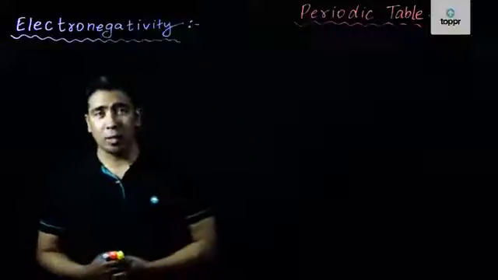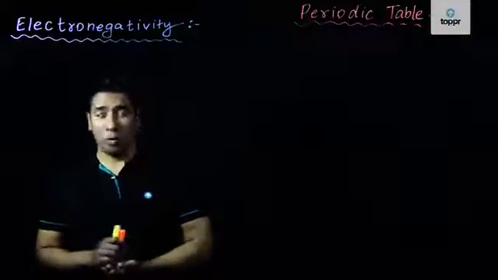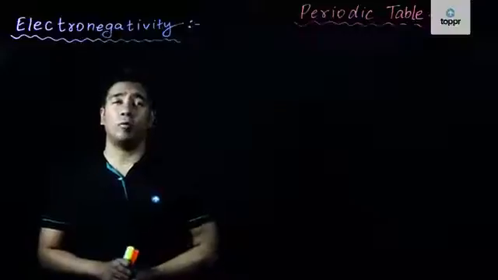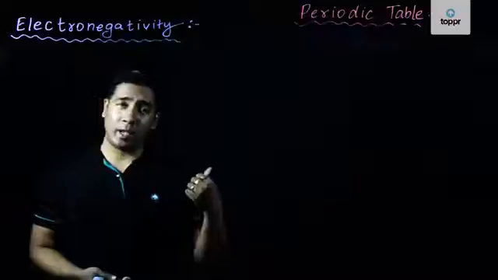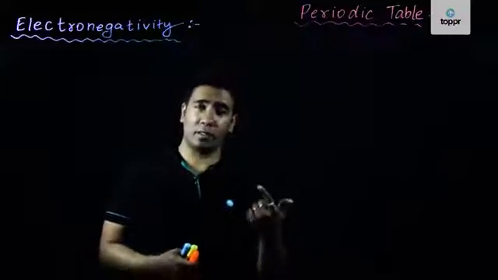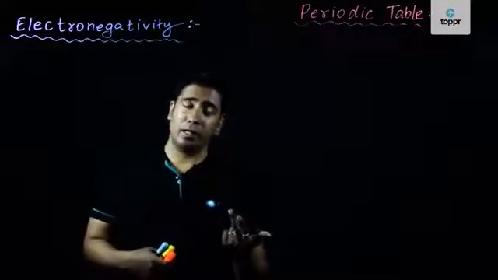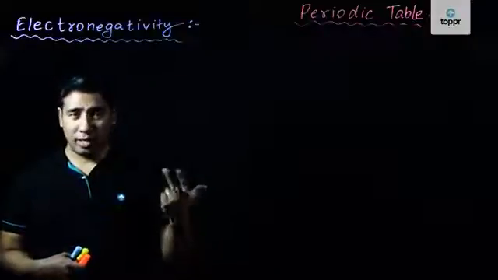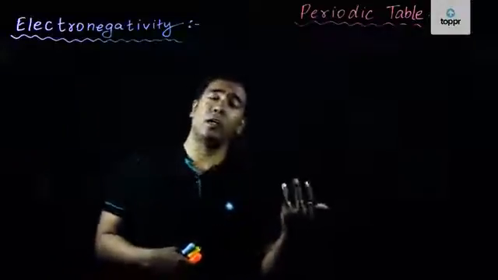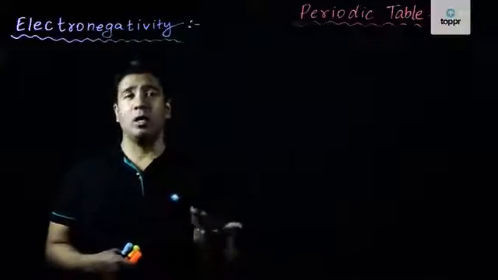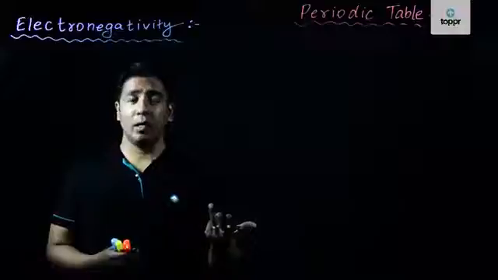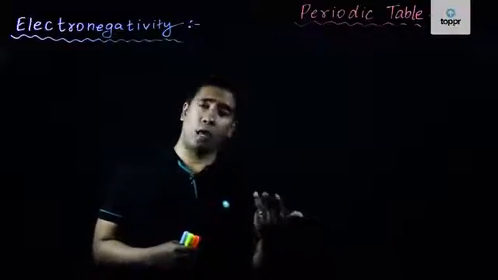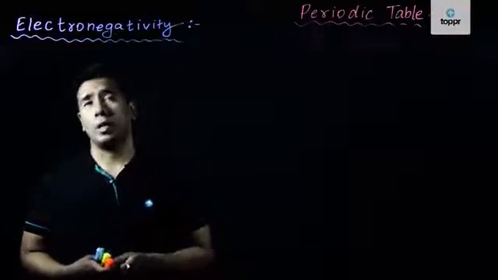Friends, let us now go into the next property that we are going to study here in terms of the trends in the periodic table. Now, the first property that we had studied was the atomic radius. Next was the ionic radius. Next, we had studied the ionization enthalpy. Next, we had studied the electron affinity, which is also called electron gain enthalpy. So after that, we are now going to do the fifth property, which will be